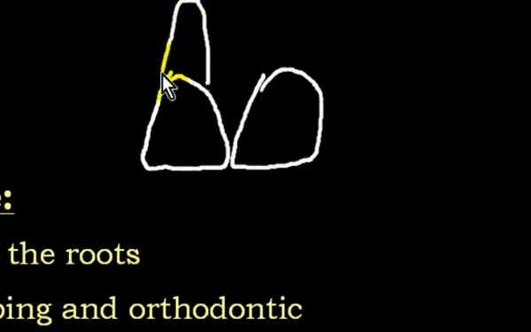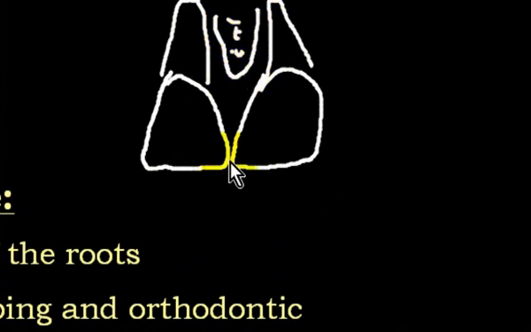Maybe if the roots are parallel, or maybe they are non-parallel. We are not applying the orthodontic therapy here. This is your bony crest and your contact point is here. What you can do is to squeeze the papilla, you can try to shift the contact here. How you can do that? What you can do is you can go in for proximal stripping. You can just strip off this area and you can just strip off this area, and then what you get